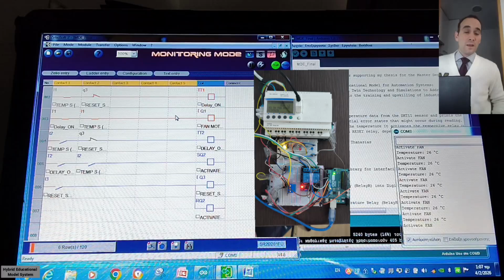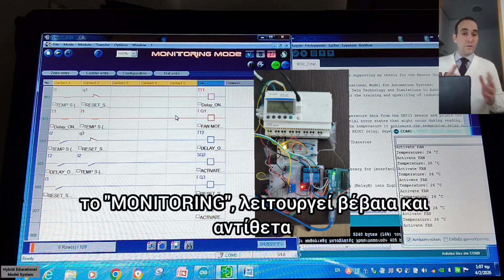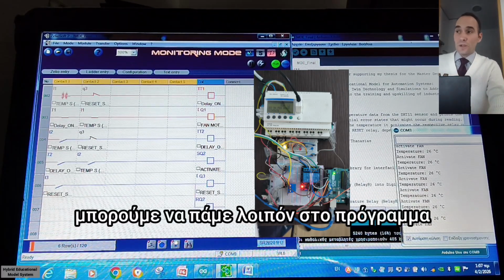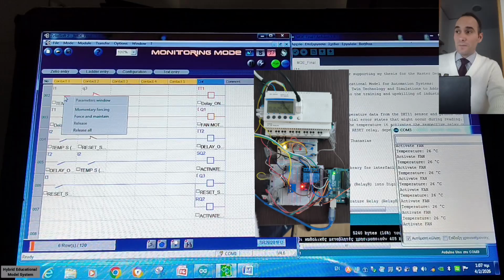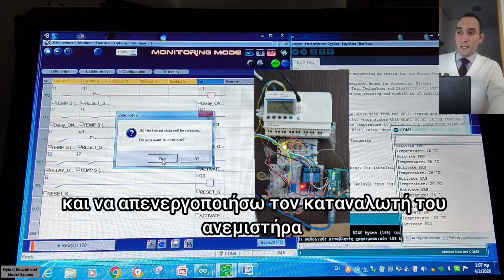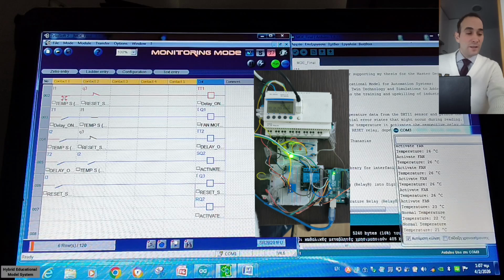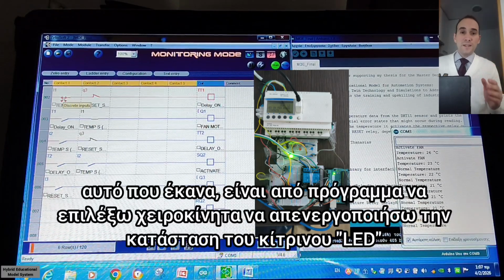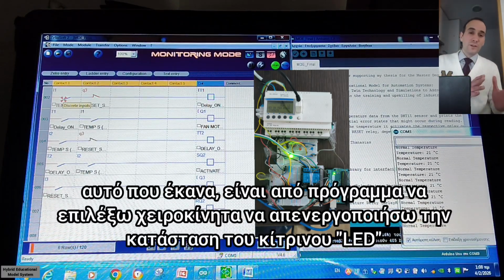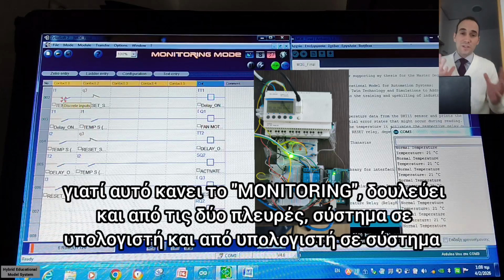Nice. This works also vice versa, because I can go here through the computer, my program, release all. Are you sure? Yes. You see, what I did is release the switch from the program, because this is the monitoring through the computer and through the PLC.